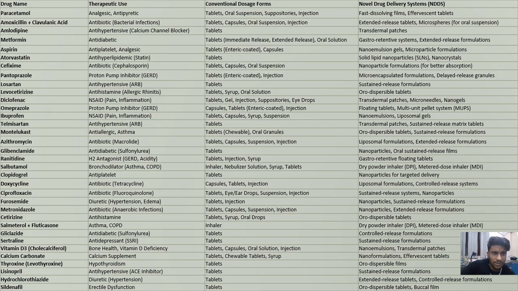And yeah, you can see other combinations as well, other different drugs, the therapeutic units in the different dosage forms, like paracetamol, analgesic antibiotic tablet solutions, suppositories, injection, fast dissolving films, effervescent tablets for amoxicillin clavulanic acid. You have microspheres formulated for oral suspension, transdermal patches of amlodipine, GRDDS, gastroretentive drug delivery system for metformin, nanoemulsion gel for your aspirin, SLN, solid lipid nanoparticles for your atorvastatin, that is antihyperlipidemic. Then you have nanoparticles, so cefixime, orodispersible formulation for your levocetirizine. And then you have floating tablet, RAFT system, MUPS, multiple unit particulate system for your